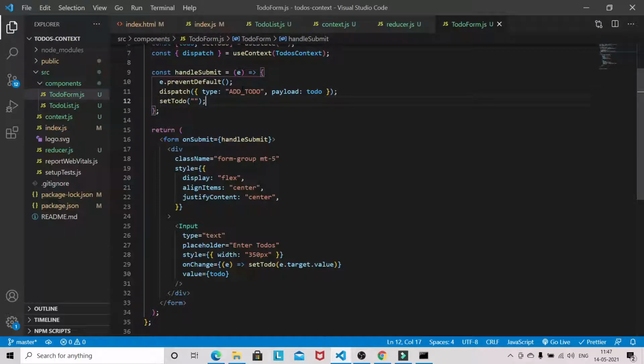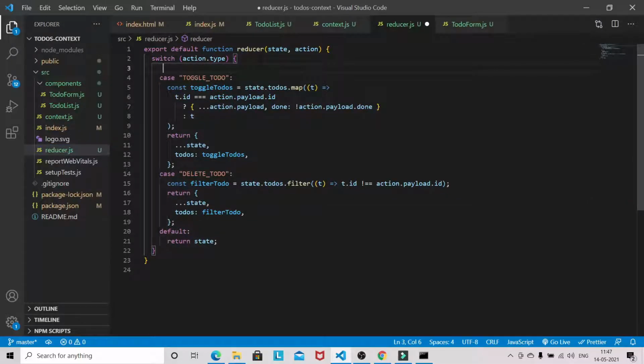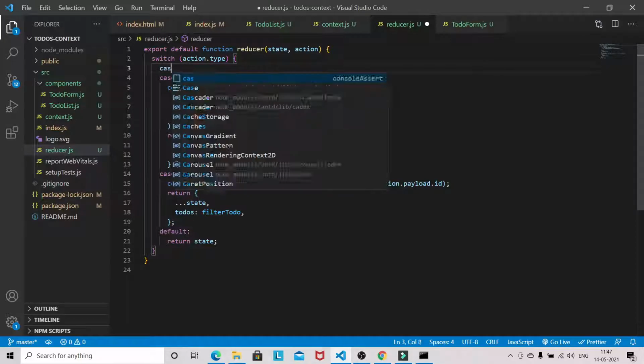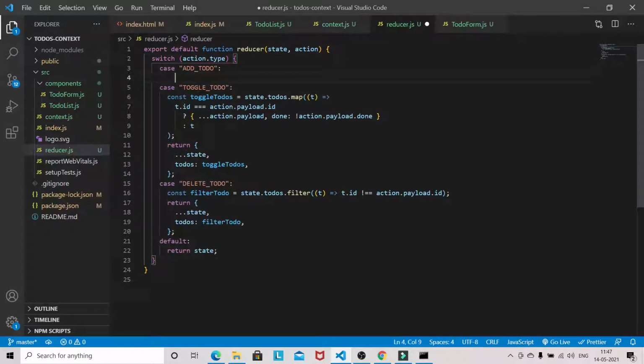Okay, now we need to define this action type here in reducer. So come to reducer. So here I will define that new case here. ADD_TODO. Now we will be receiving a new todo.